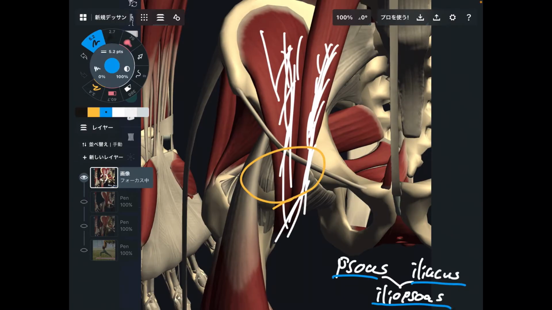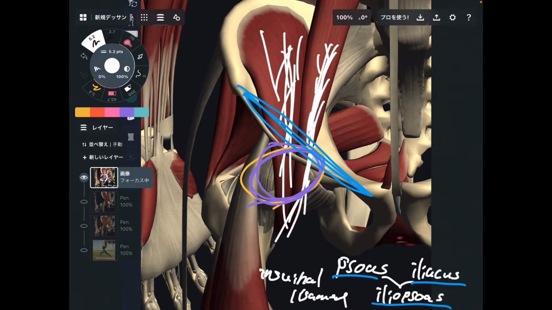Why is this muscle so important? Look at its location. Look at its anatomy around the hip joint and inguinal area. They are very close to the hip joint. It's right here. By the way, if you don't know where the hip joint exactly is, the criteria is this connective tissue. This is the inguinal ligament. The inguinal ligament is connective tissue that is around the inguinal area. The hip joint is just below the inguinal area.